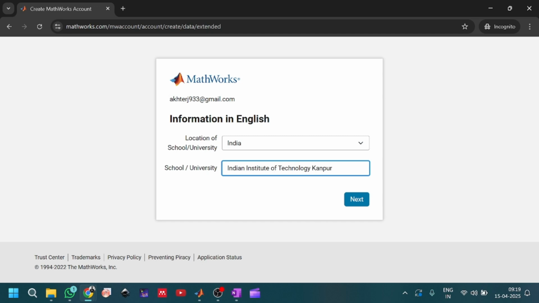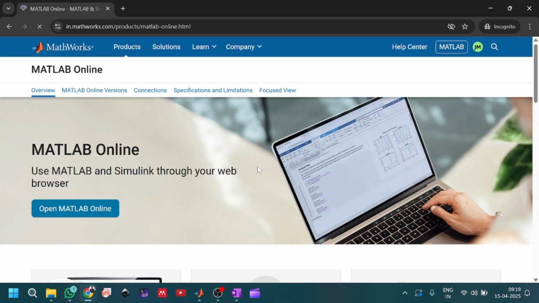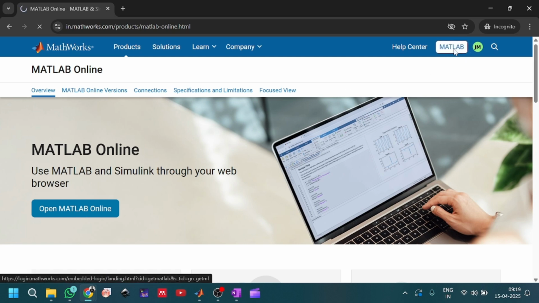So fill out all the details, and you are good to go. So in this way, you can create your MATLAB account. Once you have created your MATLAB account, you can click on this MATLAB,